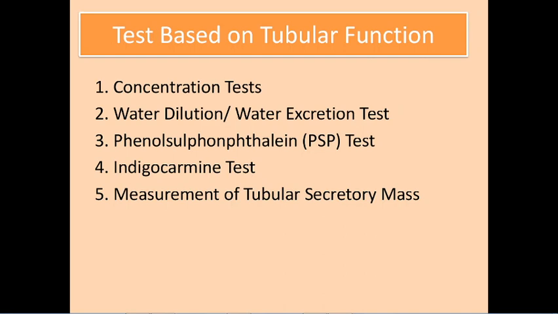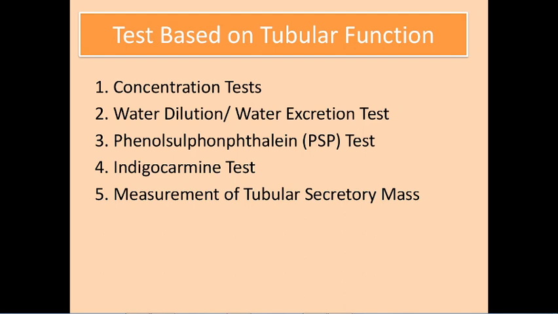So the principle behind this PSP is it's a harmless dye that can be eliminated by the kidneys. PSP excretion is based on the principle that it is removed from the body by renal tubules and excreted in urine. A 15 minutes PSP test can be done, and in a normal subject with healthy kidneys, 30 to 50% of the injected dye gets excreted in urine during the first 15 minutes after the intravenous injection, and PSP is almost completely eliminated within 2 hours. If the urinary excretion of dye is less than 25% in the first 15 minutes, it indicates impaired renal function. That means impaired renal tubular secretion.